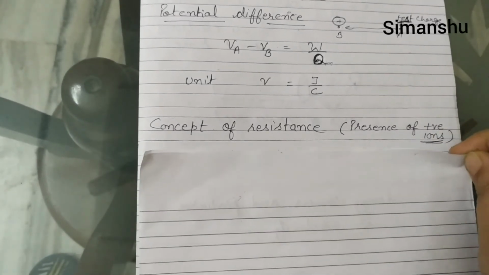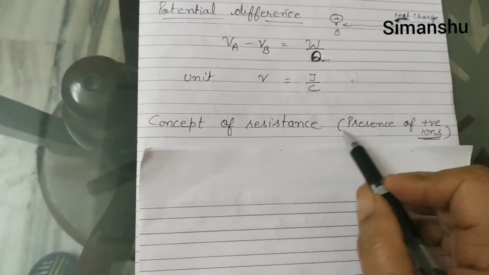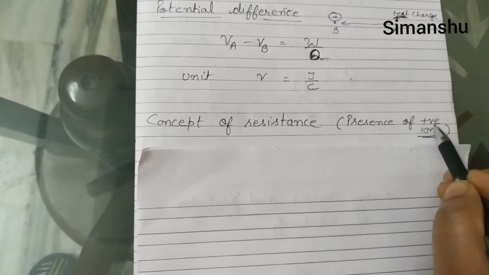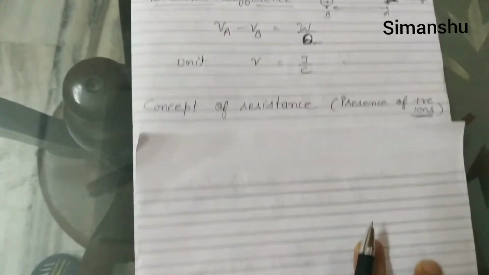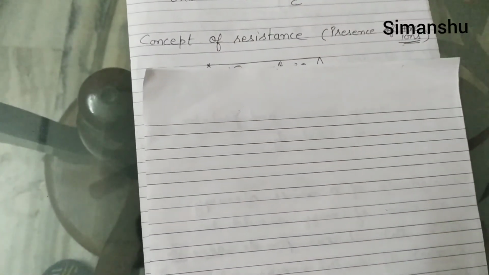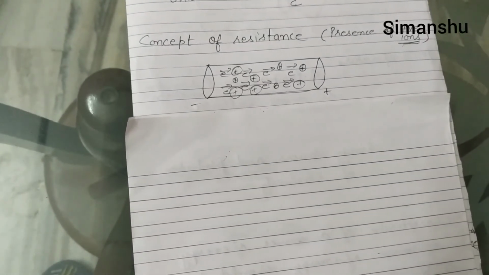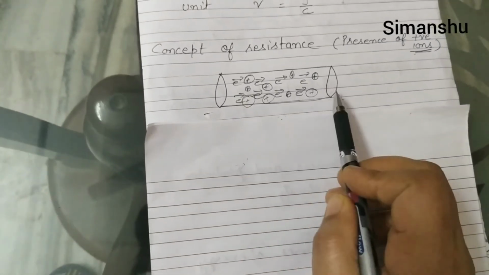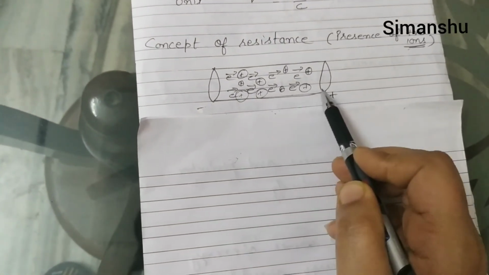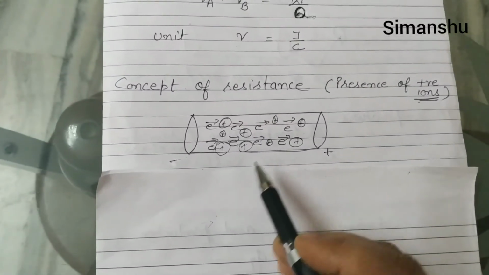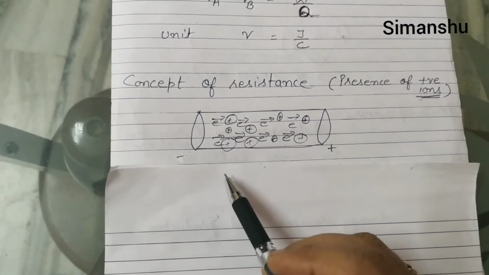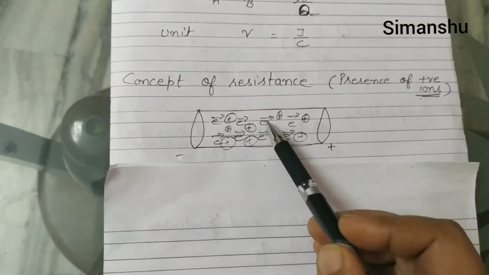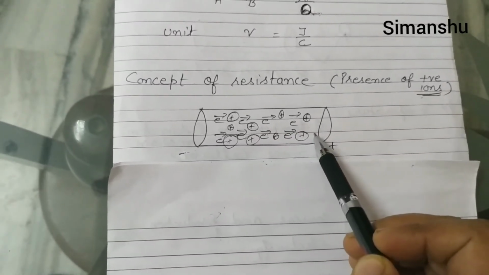Then in the same way you can define it. Next thing is the concept of resistance. What is the cause of resistance? Most commonly they ask the question, that it is due to the presence of positive ions. Let us study it in detail. See, for the cause of flow of current, we know that when electrons move from one terminal to the other, they cause flow of current in a conductor. And the electrons here are free electrons only. However many free electrons there are in a conductor, that many positive ions are also available.